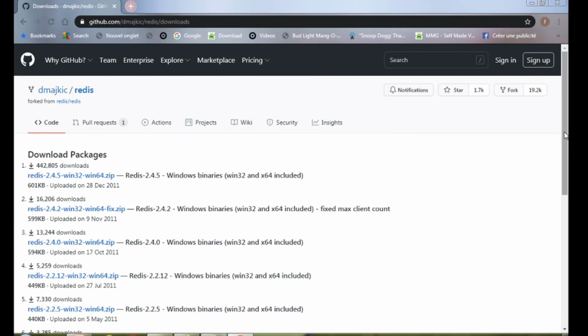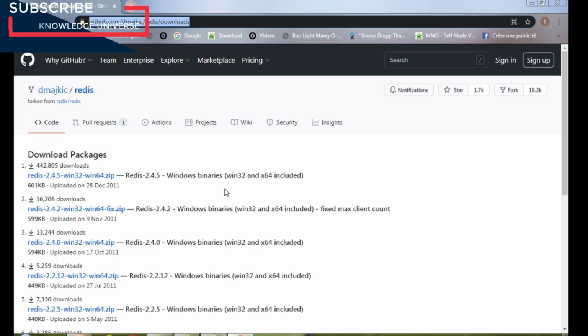So to download the Redis packages, you can type the following address in your Windows browser. And here you can see some Redis versions for Windows binaries, Win32 and 64 included.